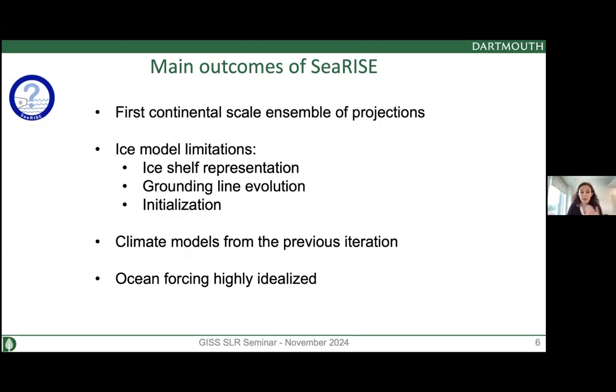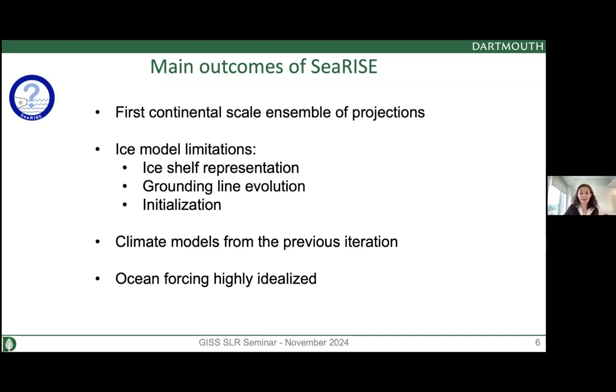They were not able to simulate ice shelves, so they had only grounded ice. And so what happens when you add even crude melting under these models where there's no ice shelf? Well, you just apply the melt at the front. Another thing is that some of these models had no ability to have moving grounding lines. And we know this is a really key point to the evolution of Antarctica, so another big limitation. They also had problems initializing with realistic conditions, and I'm going to talk a lot more about that today.